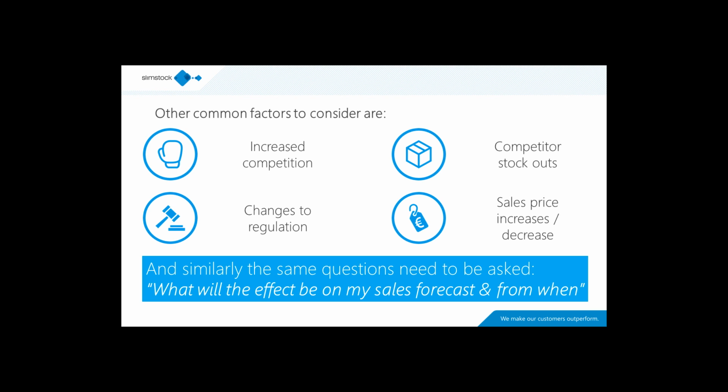Changes to regulation can also have an impact on sales due to certain purchases becoming more or less attractive. Take for example the smoking ban in public places, which came into force a number of years ago in the UK. As a result of smoking being banned from pubs and restaurants and having to be limited to particular smoking zones, there was a positive effect on sales of certain products.